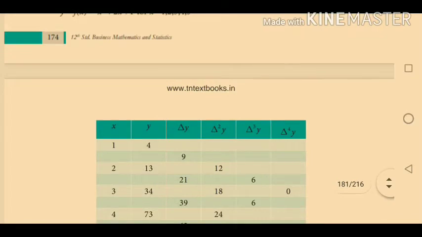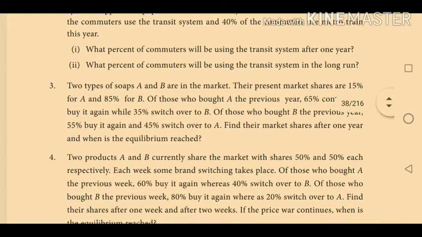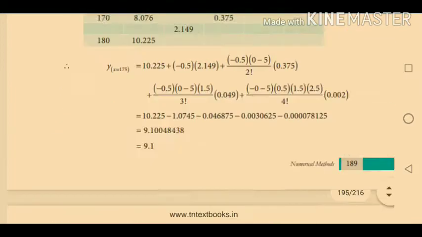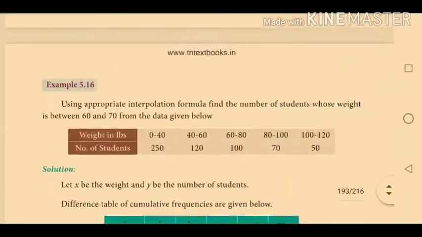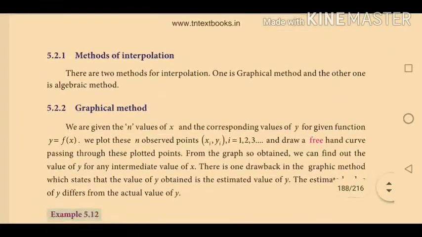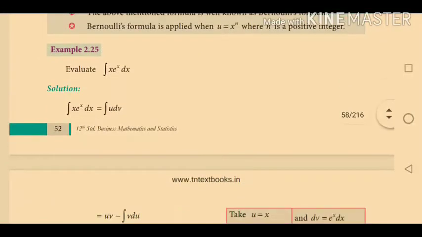So we have to find the values up to the lowest term. We are coming to the lowest term in order to find the value. So in order to find the value of the delta, we are using the difference table method, that is the forward difference table. Okay, now we finished example 1.1 and example 1.2, that is 5.1 and 5.2. Now we are going to see the next sum.